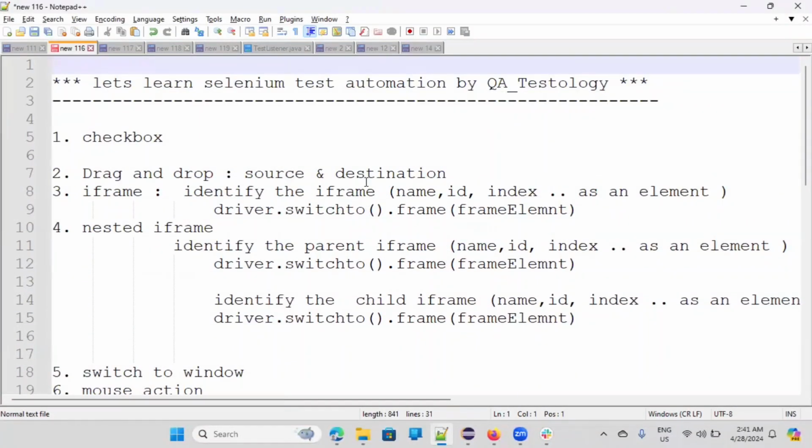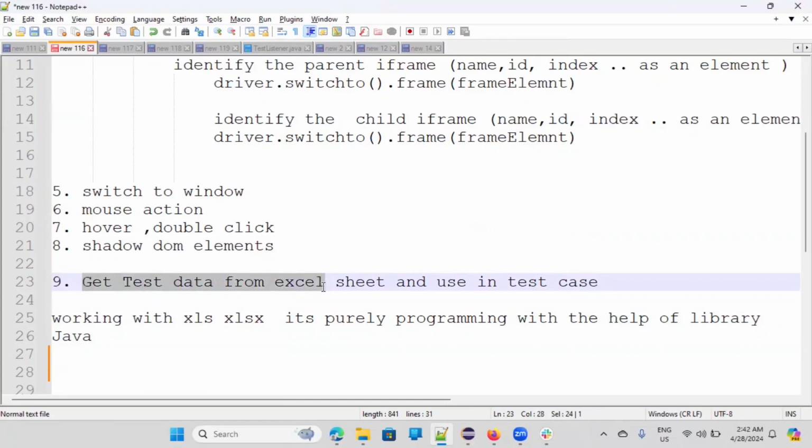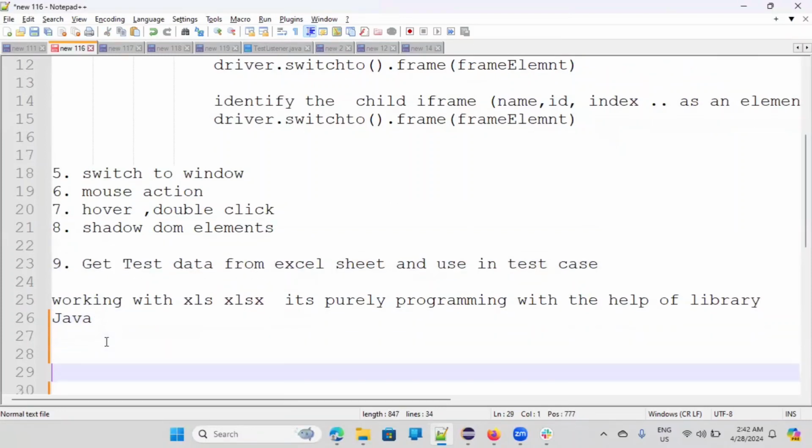Everyone. As we are implementing some of the important concepts here related to test automation, now we have reached the point where we are able to get the test data from the Excel sheet that I have shown already. But now, how to use it in the test case? Okay. So the thing is, we have to break this